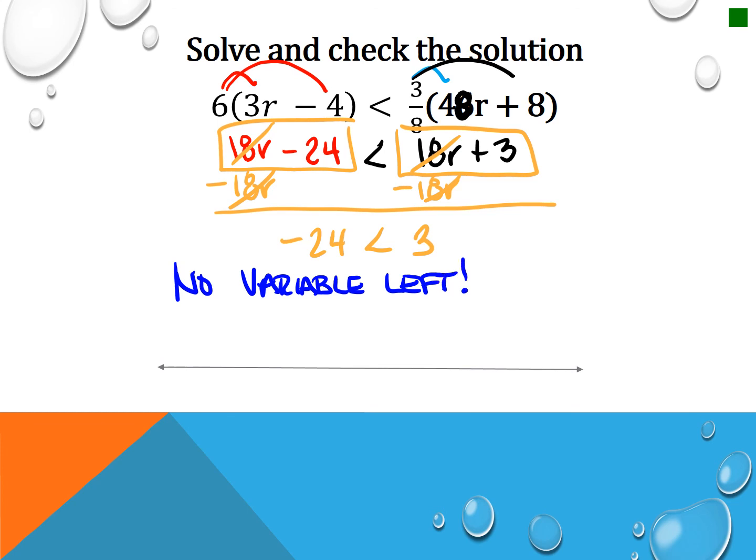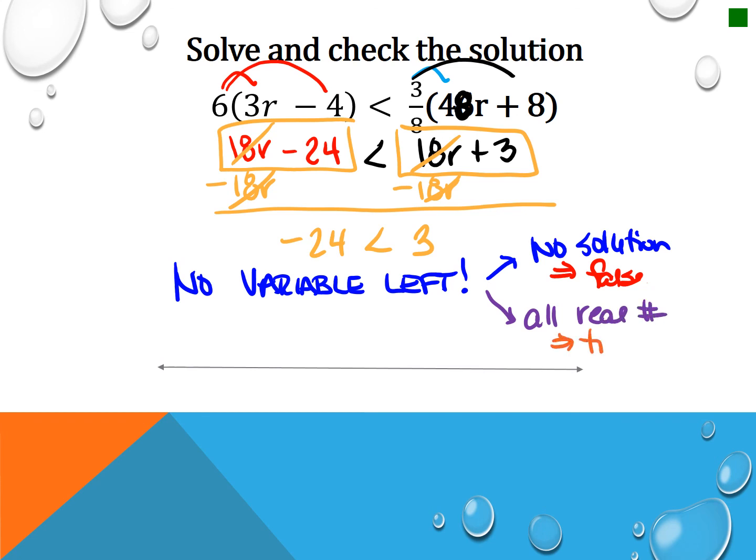That means I have either no solution. My answer is going to be no solution if what I have is false. Or my answer is going to be all real numbers, and that's going to be true if what I have is true. So my question to you here is negative 24, this is my less than sign, is negative 24